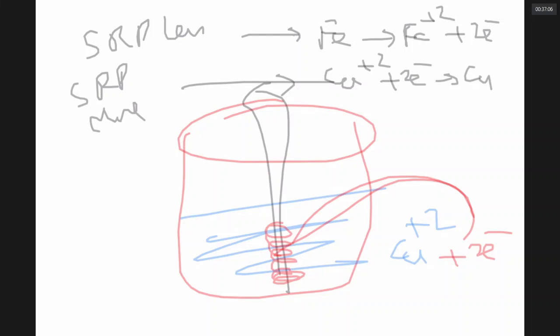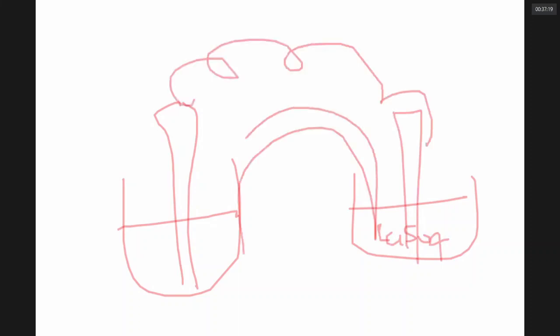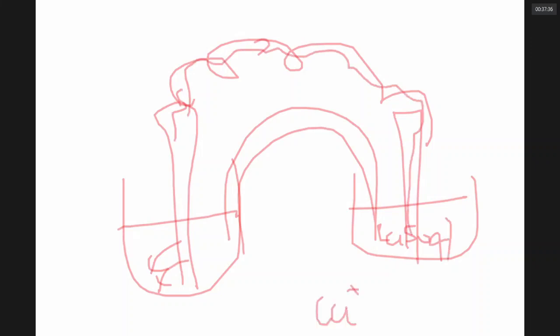Now, if you are separating these, iron nail in iron sulfate, copper rod in copper sulfate, join the 2 with a wire and put a salt bridge. When they are physically separated and connected through a wire, of course iron will lose electrons and enter into solution, the electrons travel through the circuit, and here the copper ions gain those electrons to become copper metal. Here copper is deposited. Mind you, here current is produced, the bulb will glow.